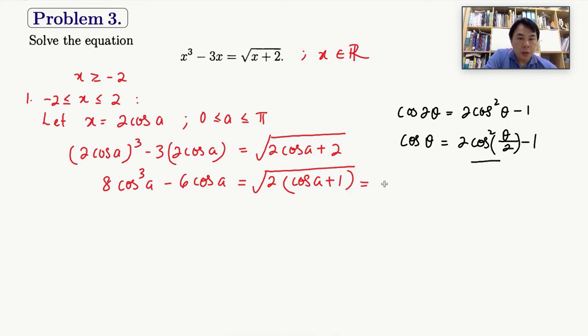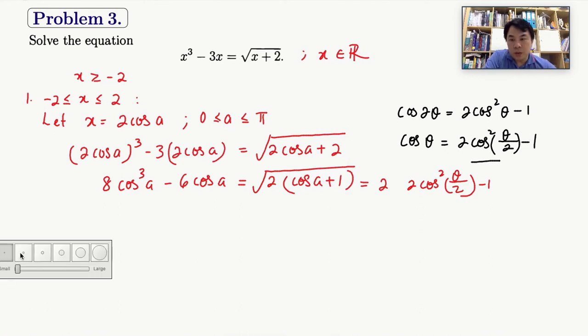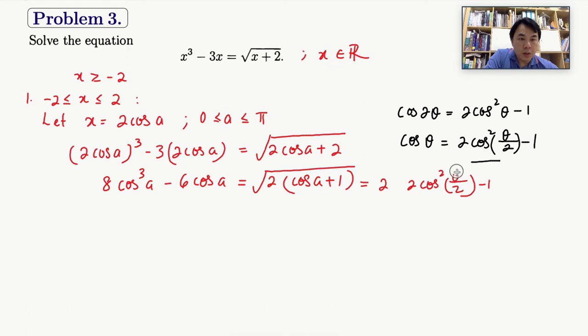So by using this, we can write this as 2 cosine square theta divided by 2 here, minus 1, that is actually cos a. Oops, because I'm using a different expression here, I should be using a instead. So that will be a. Okay, so there should be a minus 1 plus a 1. So you can see that we can get rid of the negative 1 quite easily in this case. And then that would actually give us,